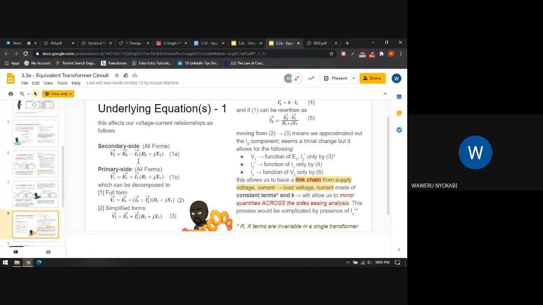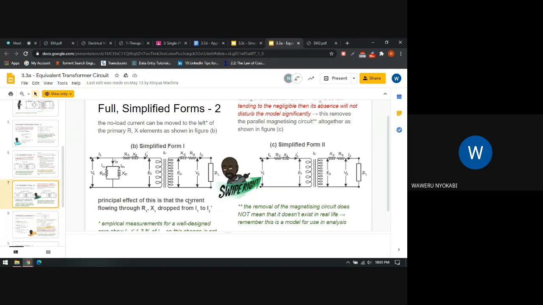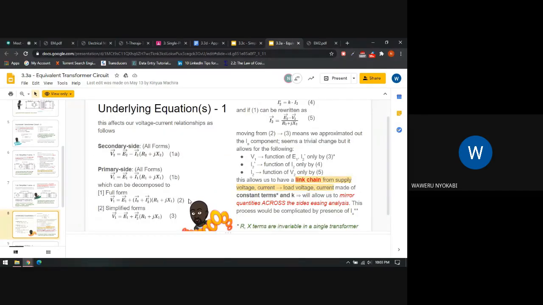So, remember initially this equation, this one for the primary side, V1 is equal to E1 plus I1 times the impedance. And remember, this is just what I was saying. I1 is I0 plus I2 prime. And now we're saying the I0 is trivial. So that's why we remain with I2 prime. So what this helps with is that we can now easily relate